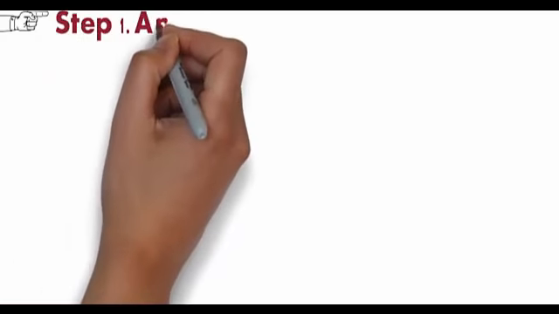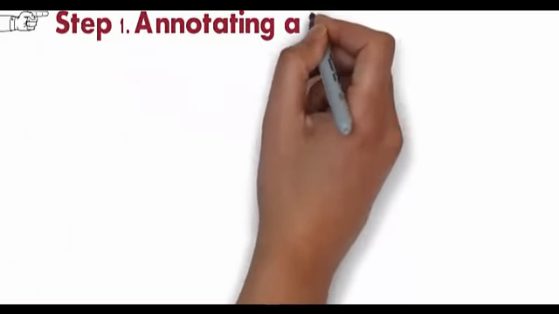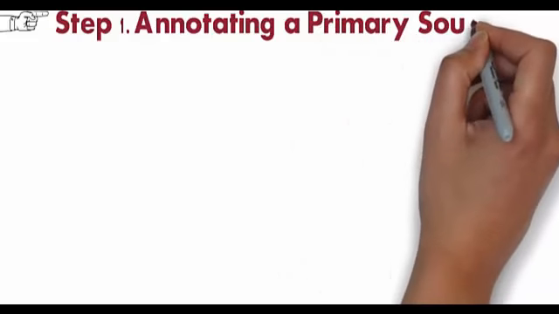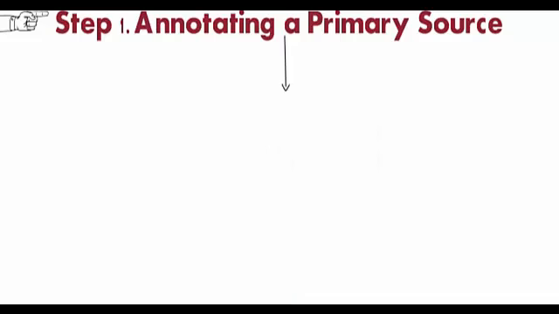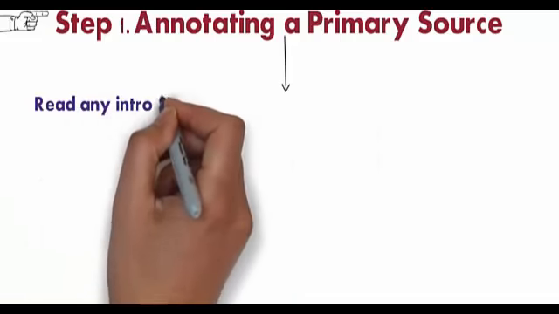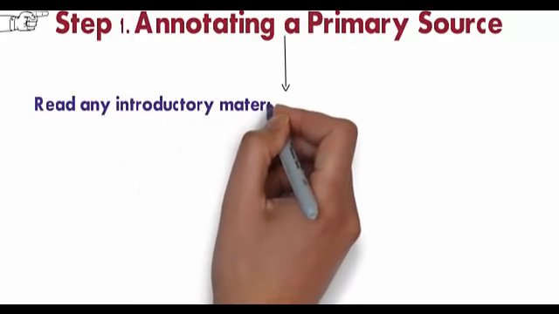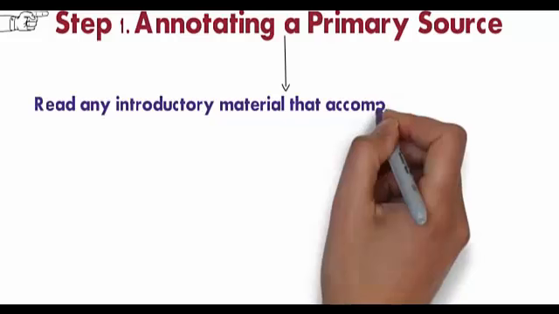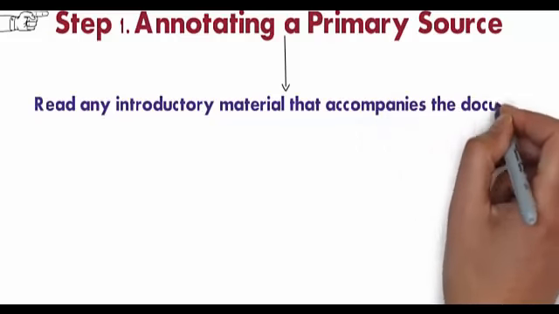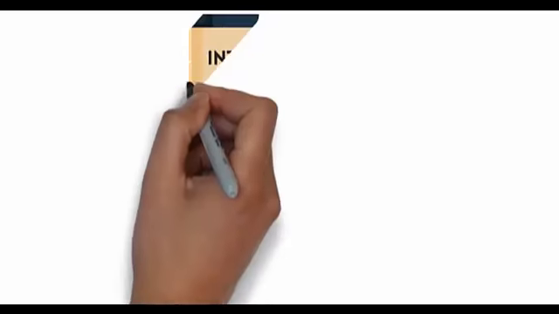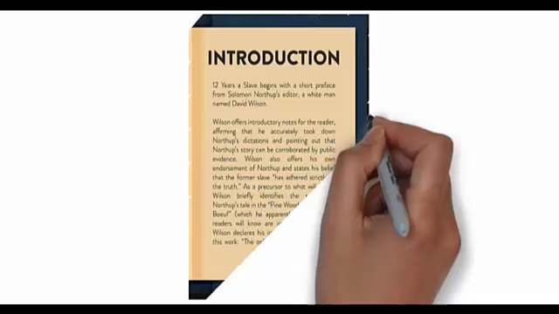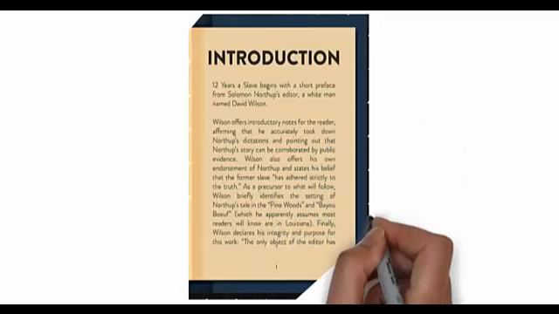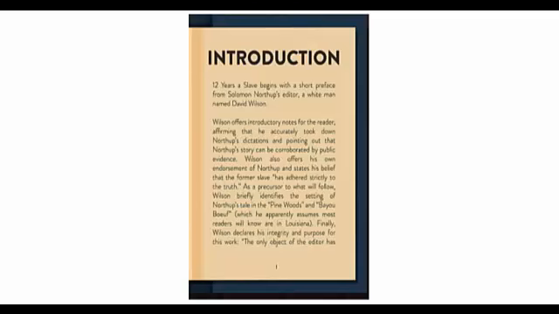Step 1. Annotating a primary source. Read any introductory material that accompanies the document. If you have found a primary source in an archive or online, there may be a short summary of the document set. If you are reading a primary source that your teacher or professor gave you, there may be a paragraph of introductory material. For example, if your textbook contains a diary entry from a Southern slaveholder written in 1840,